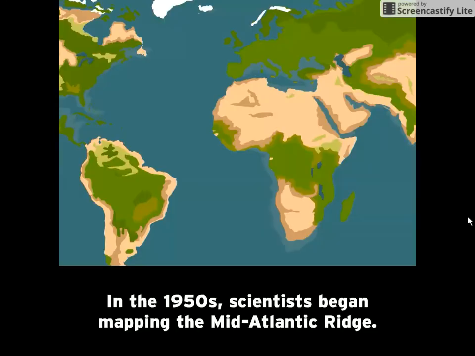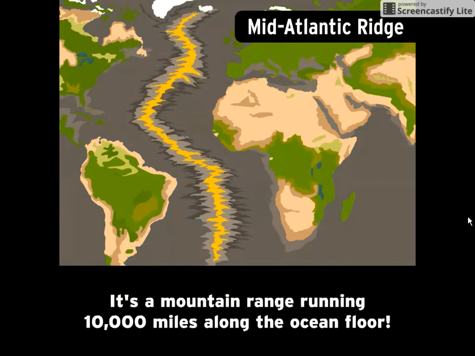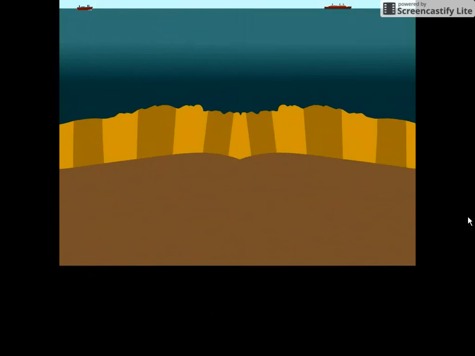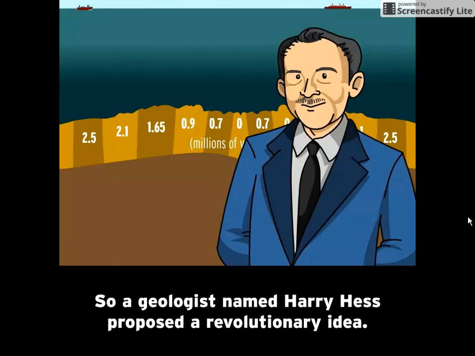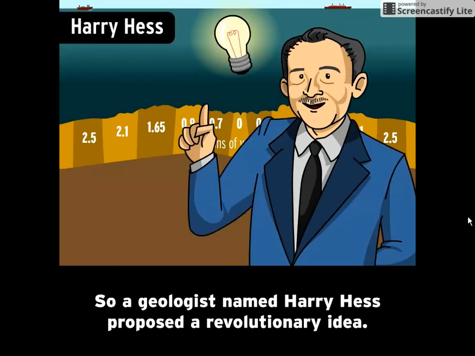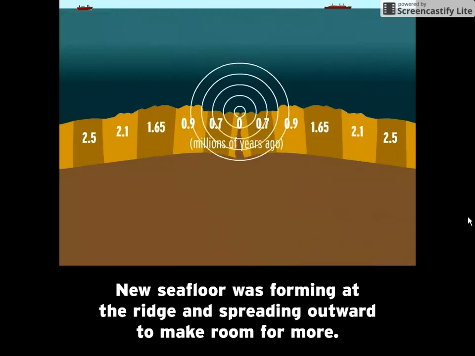In the 1950s, scientists began mapping the Mid-Atlantic Ridge. It's a mountain range running 10,000 miles along the ocean floor. Tests revealed that the farther you got from the ridge, the older the seafloor was. So a geologist named Harry Hess proposed a revolutionary idea. New seafloor was forming at the ridge and